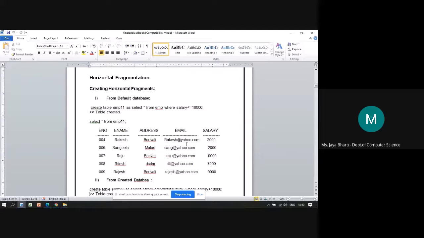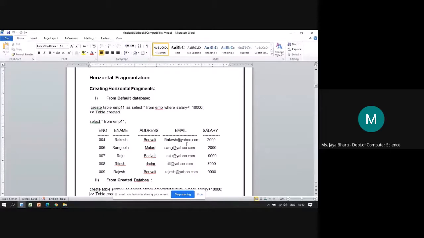One, your condition, because as you know here we are splitting up the table horizontally. So the condition which you will give should be correct or the proper one. And the second thing, each fragment should contain all the columns from that table. Remember, in horizontal fragmentation, these things you should follow.